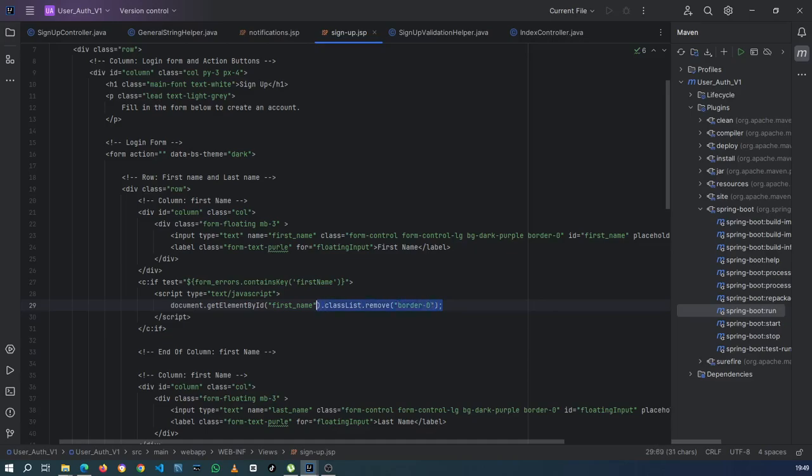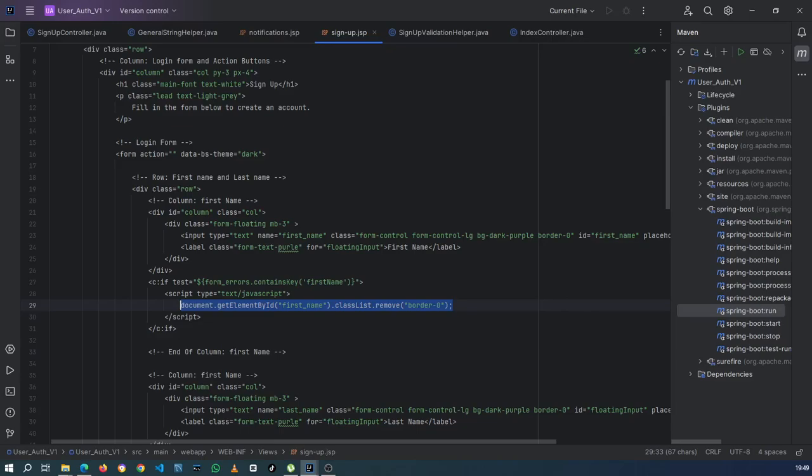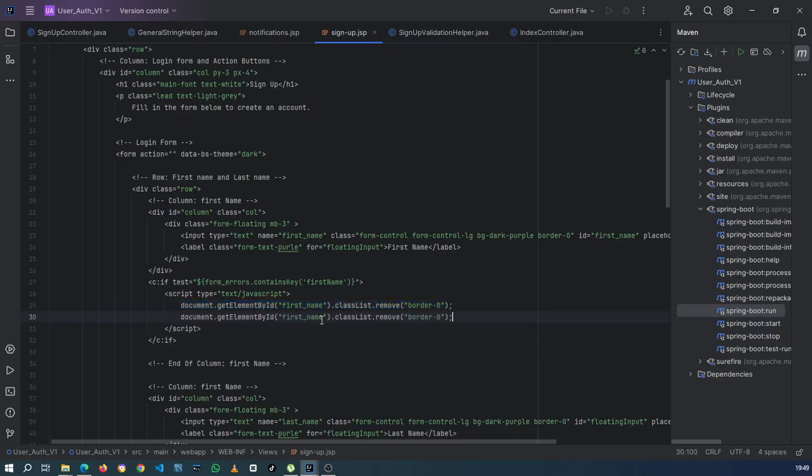Let's do the same thing now for the form field to show. We get the same ID, the same input field, with the ID of firstName, and then this time instead of remove we say add. Right, and then I'm gonna add, I'm gonna do this is-invalid. So you can add a number of classes here, and then I'm gonna say border, and then I want the border, right? I want the border to be